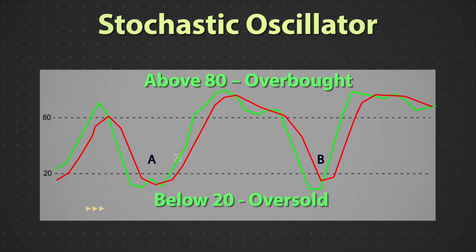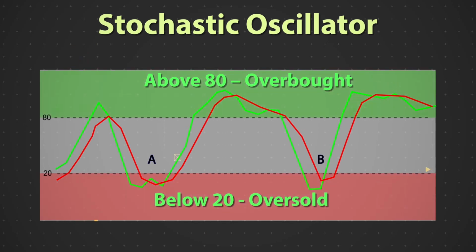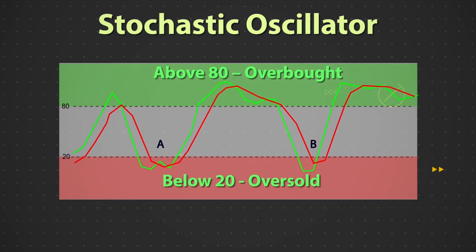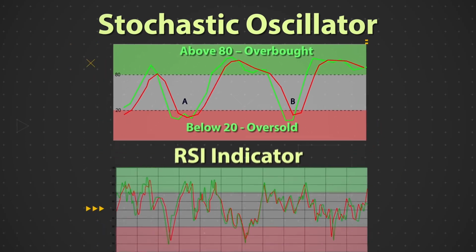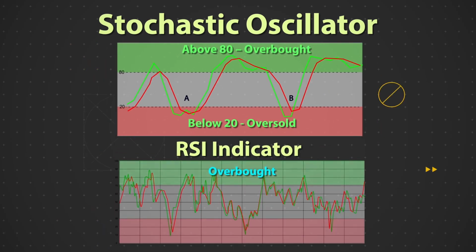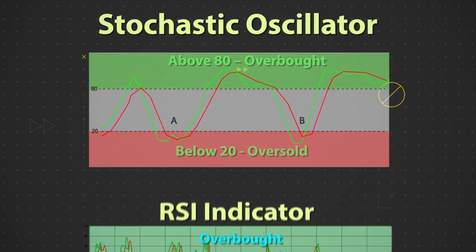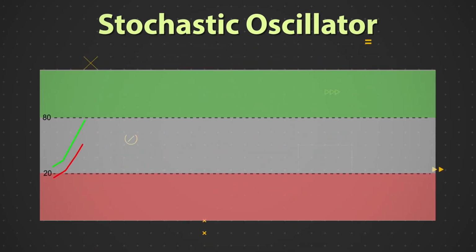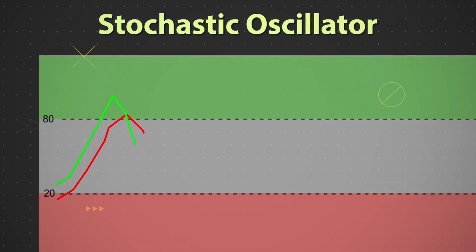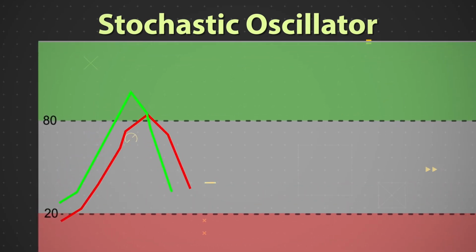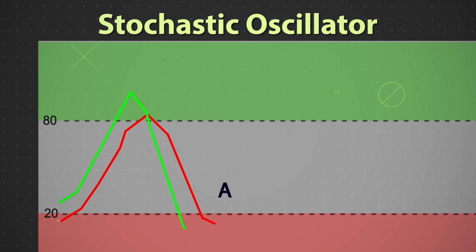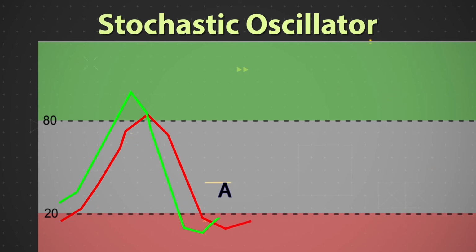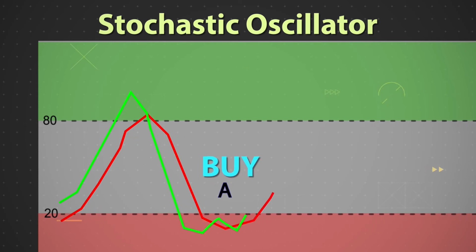As you can see here, this chart clearly depicts two zones. Above the 80 mark indicates an overbought zone and below the 20 mark indicates an oversold zone. Remember, don't confuse these values with those of the RSI indicator, which considers overbought to be above 70 and oversold to be below 30. You can use a simple technique to anticipate price reversal. All you have to do is wait for the stochastic indicator and price to create a low. Once the stochastic oscillator hits the 20 mark and turns to the upside, you can initiate a buy on that security as per instance A.